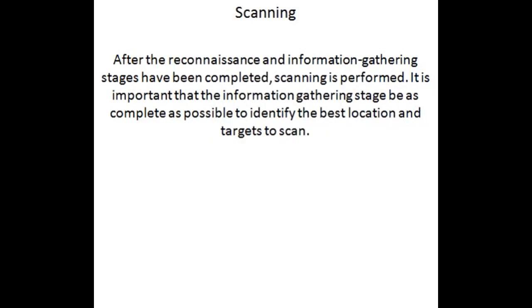Scanning is the first phase of active hacking and is used to locate target systems or networks for the later attack. Enumeration is the follow-on step once scanning is complete and is used to identify computer names, usernames and shares. Scanning and enumeration are discussed together in this lecture because many hacking tools perform both steps simultaneously.